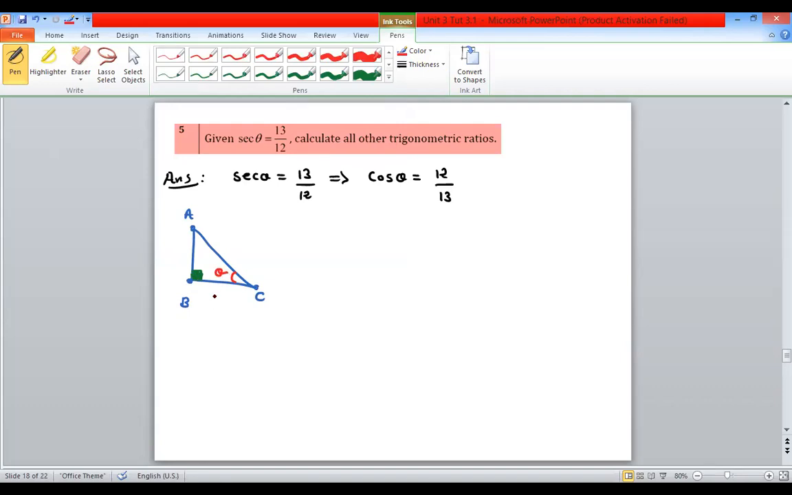I always put theta there. When it is not fixed, your angle A and C,